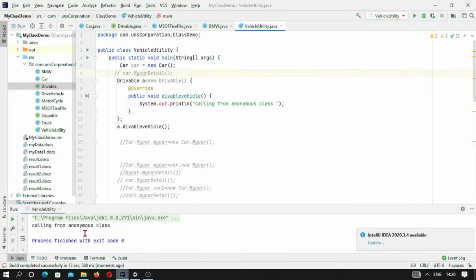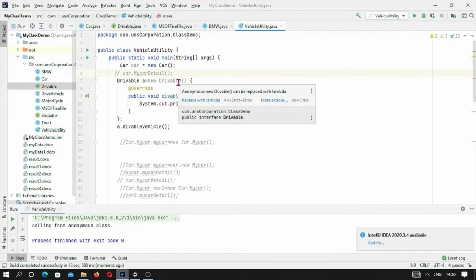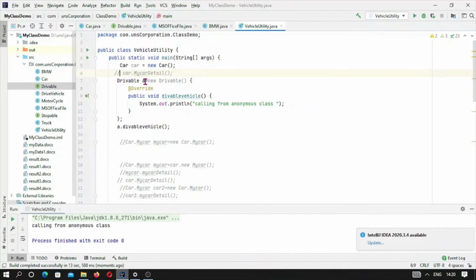So this is the way to understand calling from an anonymous class. What we did here, we have simply created an object of an anonymous class implementing the interface. We can clearly understand that an interface can't be instantiated. So anytime we want this overridden method, we simply create an instance of an anonymous class.